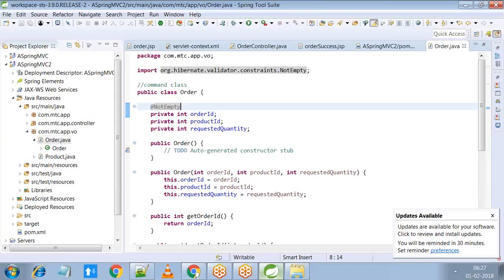If it is a string, we can also add min length, max length rules also. It's not a string, right? I'll just show you. You see, now we can also add a message. So message equal to,